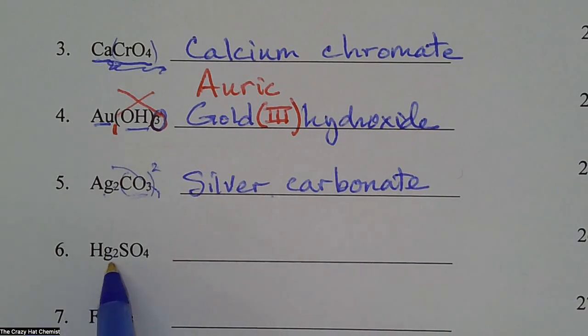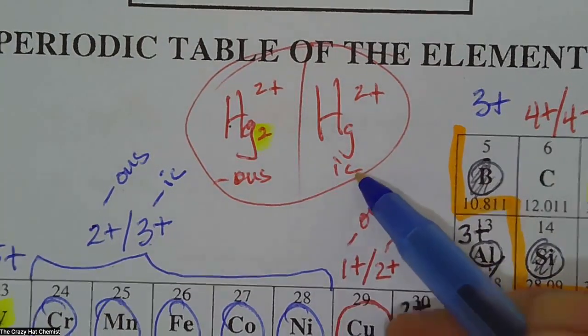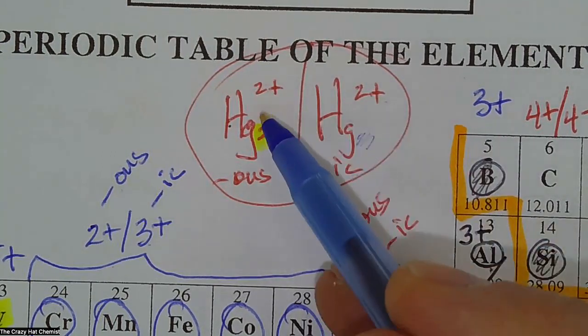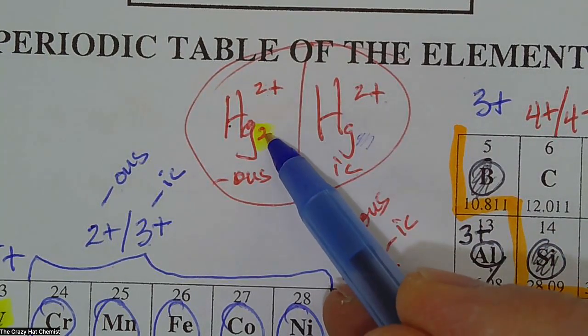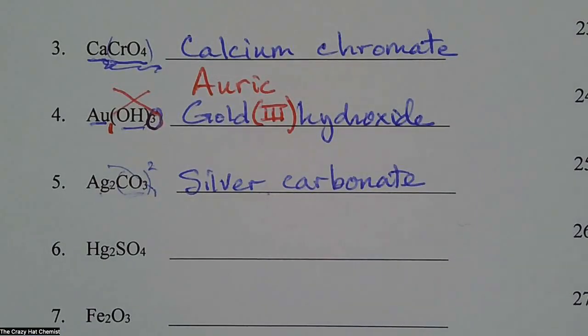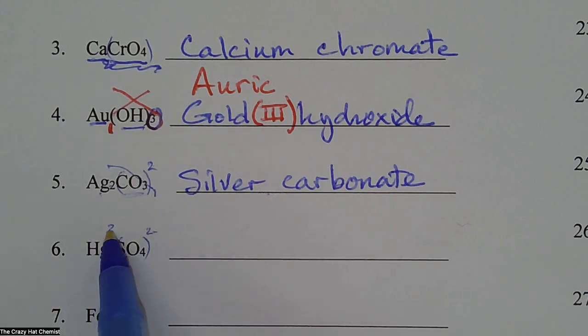This next one is mercury, and I had already written down the 2 mercury compounds, and that is right up here. There's the mercurous with that 2 and the mercuric without the 2 right here. They both have a 2+ charge. This is actually two mercury 1+ ions together, right? So this here is going to be, and you need to know the charge on the sulfate. The charge on the sulfate is a 2-, and there's a 2 for that mercury. So we're going to take the bull by the horns, flip, bring it down,